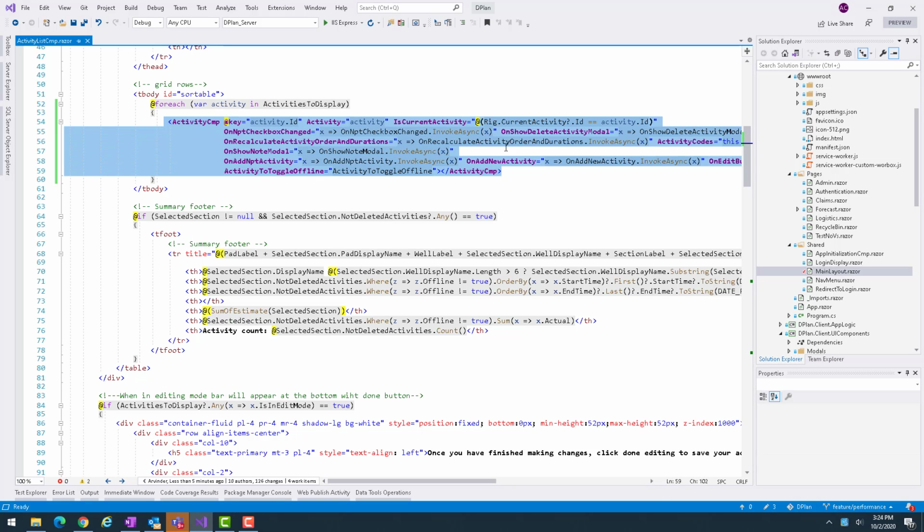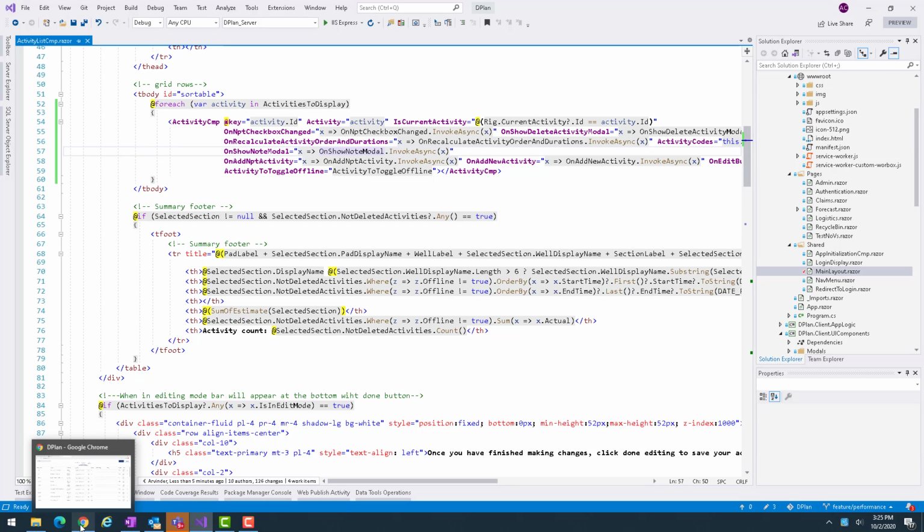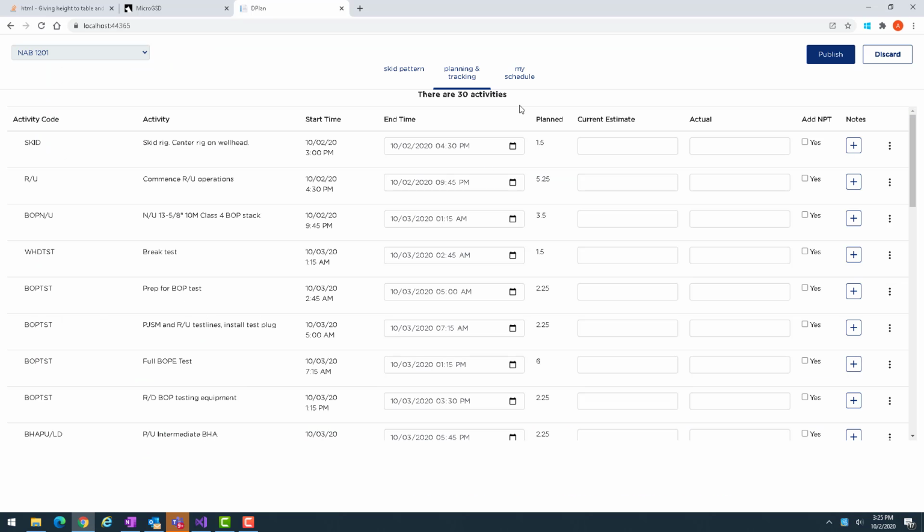It's basically going to print out a row per activity, and I've got this add key keyword here as well. Let's see how it works currently with just simple for each. So here I'm showing that I've got 30 activities, and